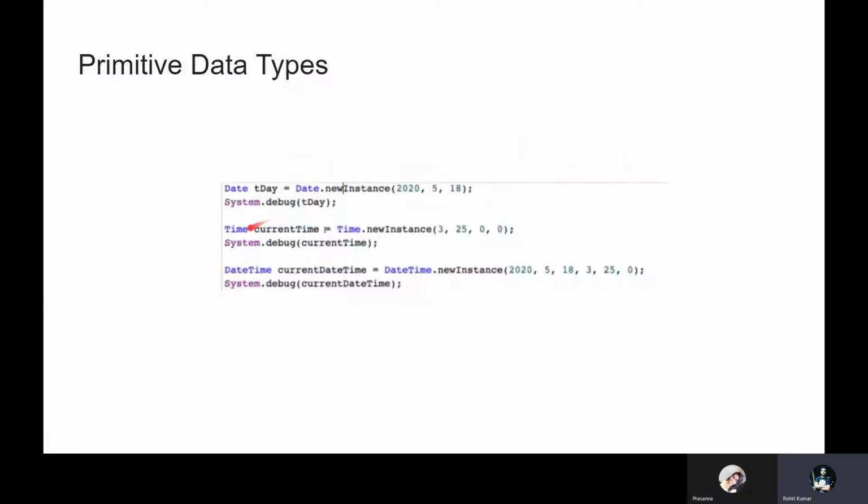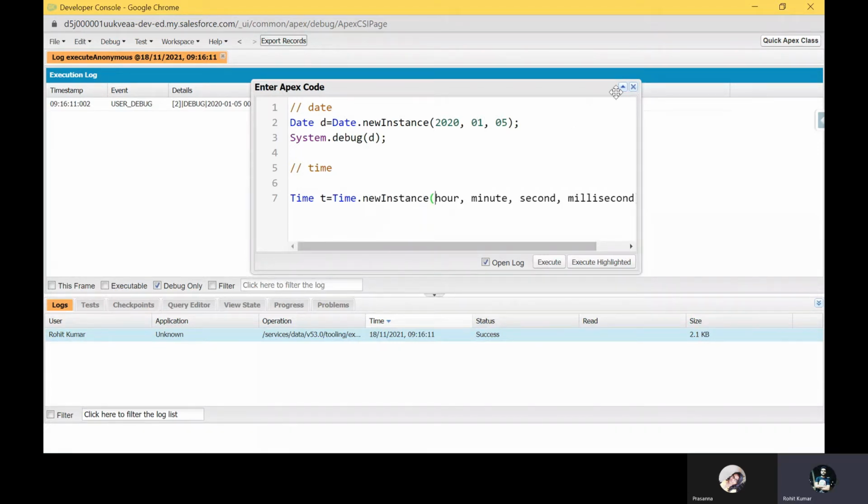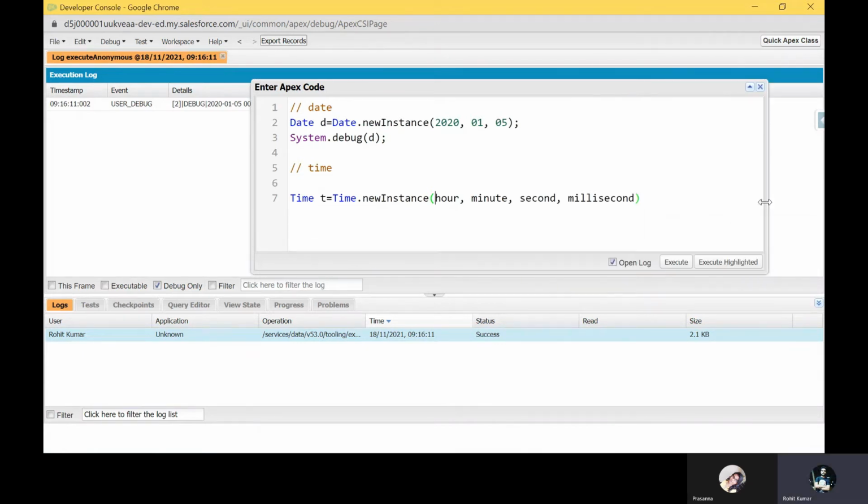Here you can see my example, current time. Time is a predefined class, and Time t equals, you have to create it like Time.newInstance. Just increase the size of this anonymous window, and you can see here, right?